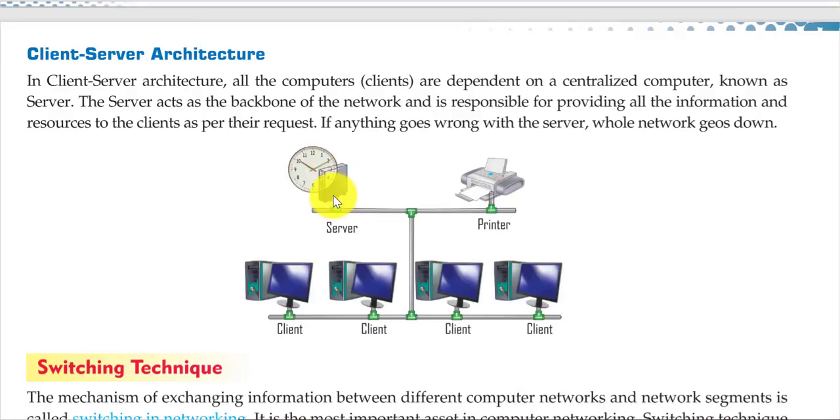When we switch on this server, then only you are able to do the work on the clients, or take the printout from the printer. If the server is not switched on, then you are not able to work on the computer. It means the server is responsible for giving all the information and resources to the clients.